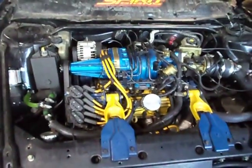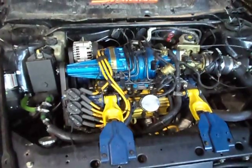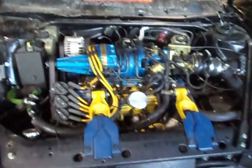This is the engine that pushes 375 horsepower. We had it dyno tested and tuned. 300 horsepower is at the wheel. There's a lot of modifications done. It's a 3.8 liter